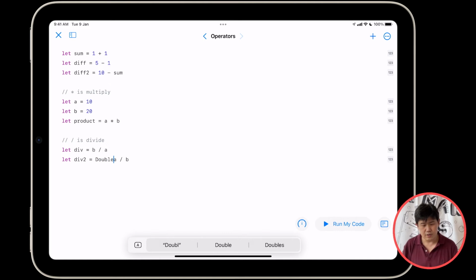So Double(A) divided by Double(B). Okay? So if I do this, Swift is perfectly fine with it because I'm taking two doubles and dividing them by one another. And it can infer that div2 should now be a double. Okay, so let's just test it real quick. Right, there you go. So div2 is a double, but A and B are still integers. Right, so that's the useful thing about casting. Right, temporary changing of your types.